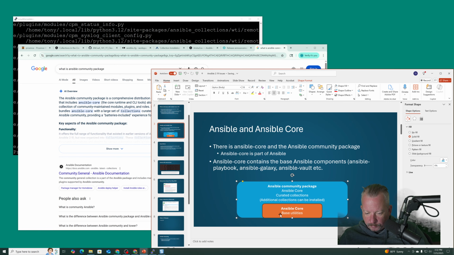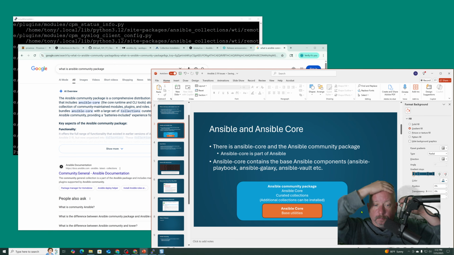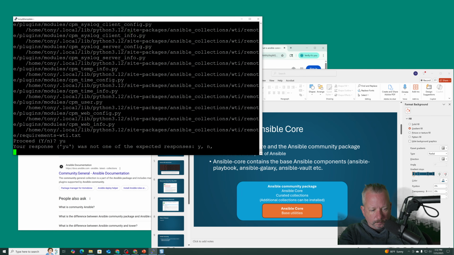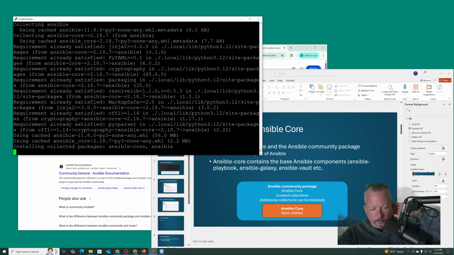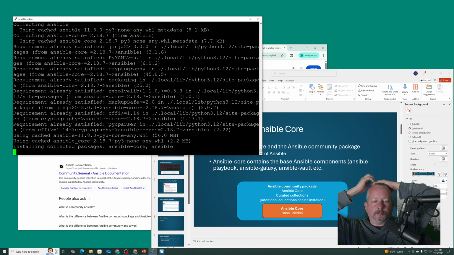Additional collections can be installed. For example, the community. pip3 install Ansible. So it's a whole bunch of